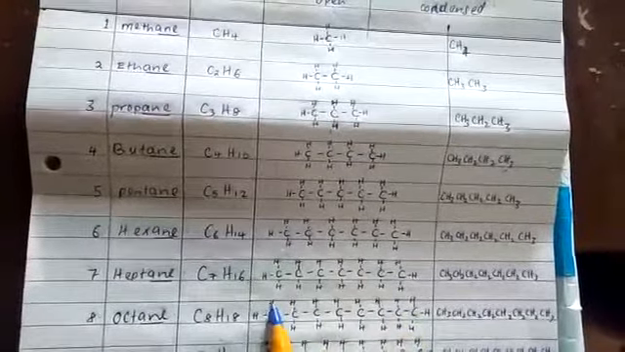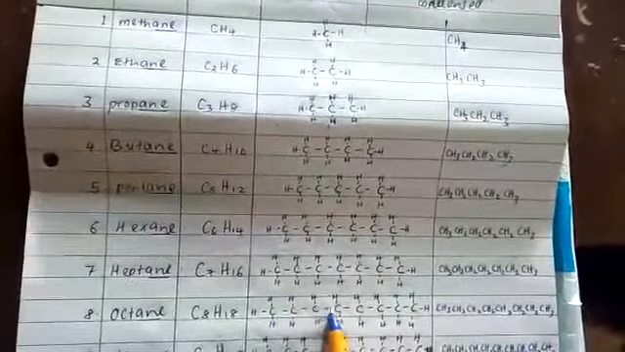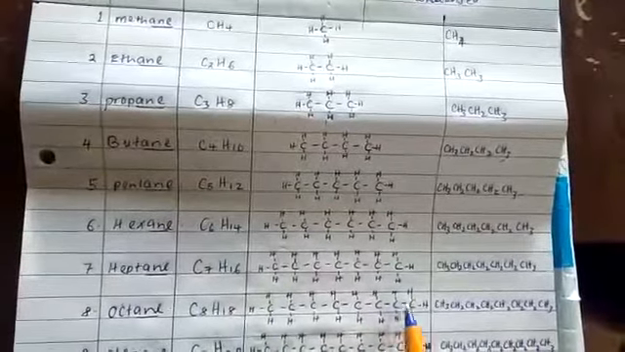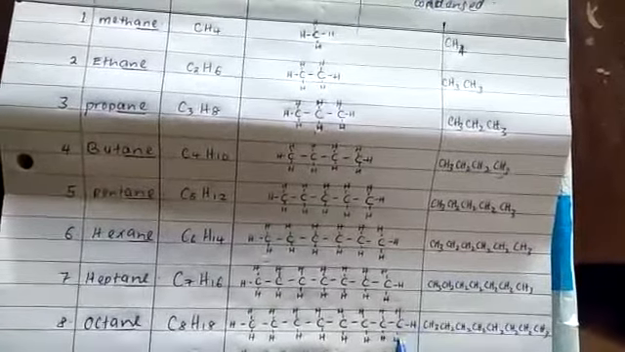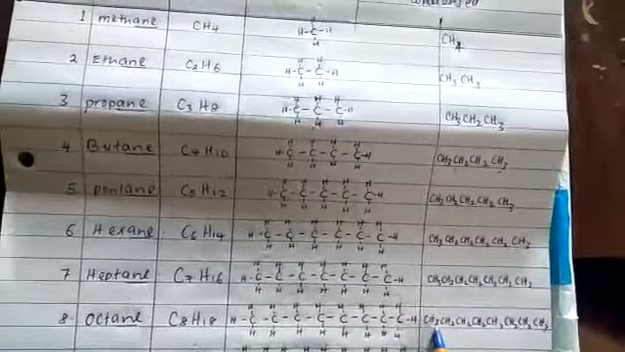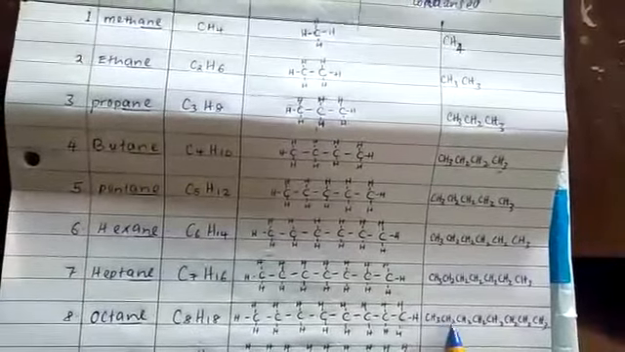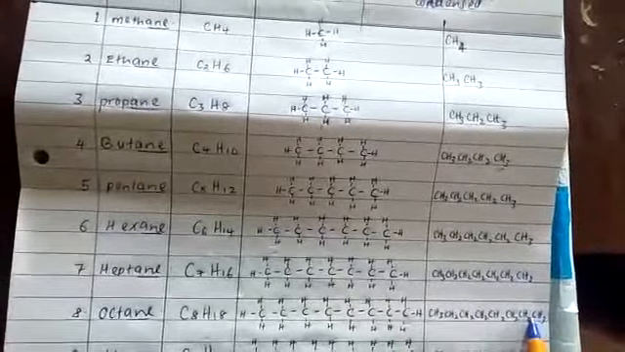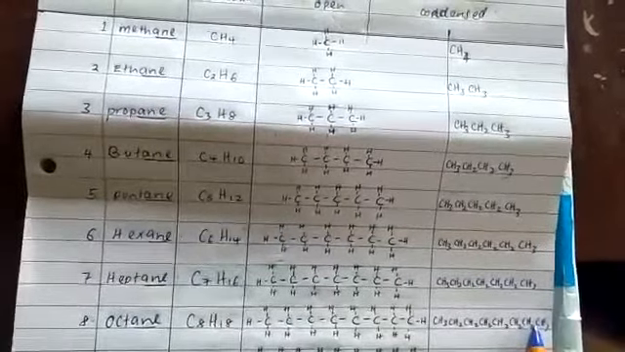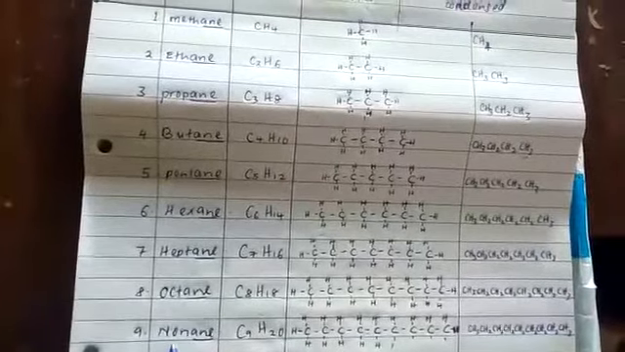Terminal carbon, 3 hydrogen. All the other carbons, 2 hydrogen, except again the terminal carbon here with 3 hydrogen. To condense: CH3, then CH2, 6 of them, the last one CH3. That is octane. Number 9 is nonane. So N is 9. That is C9,